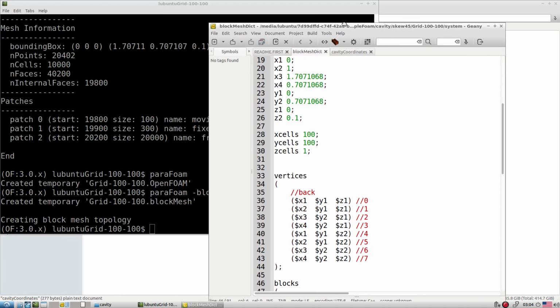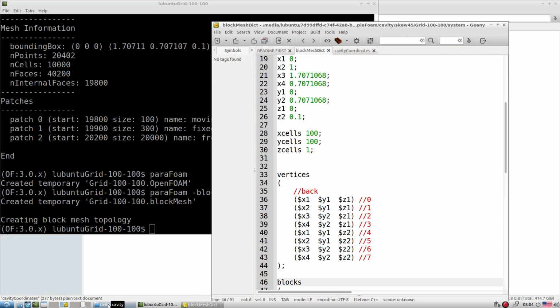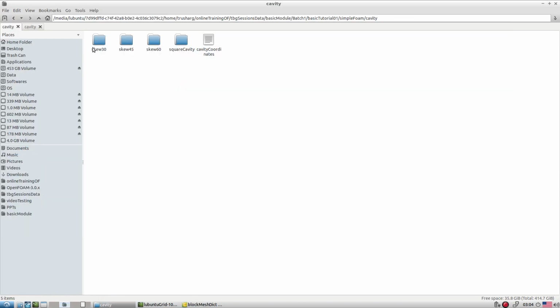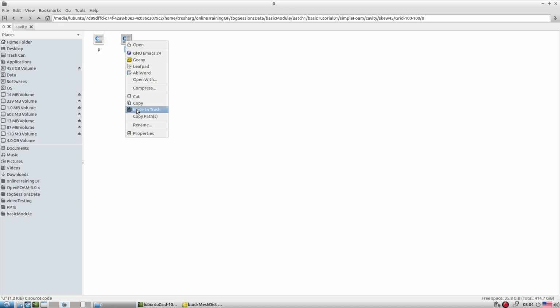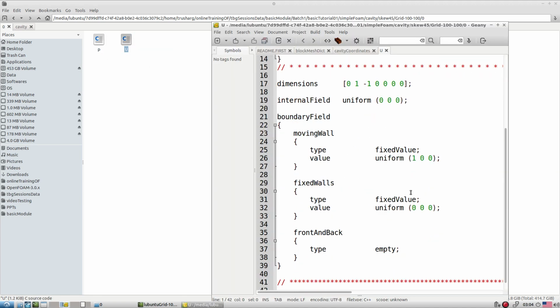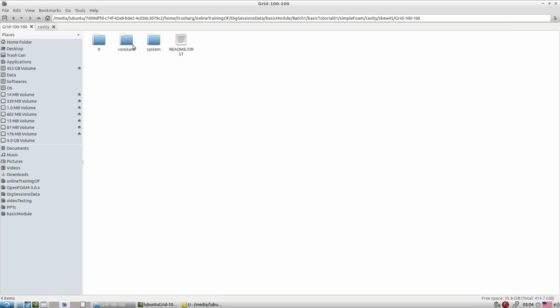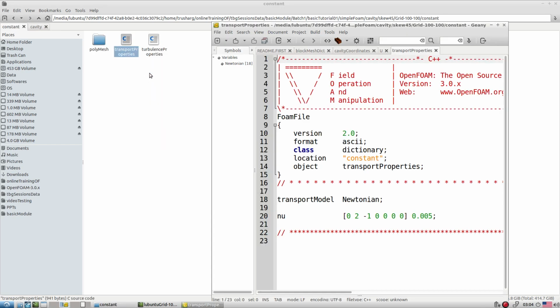So our mesh is ready to go. Now we want to fix our Reynolds number. So when we want to fix our Reynolds number, what is required? We have to first fix the velocity. Okay, so let's go and check what the velocity is. We fixed for a moving wall the velocity as 1 meter per second. And along with that we have to fix its property. For our case, the property is right now 0.005. So let's calculate. The characteristic length for us is 1 meter, that is the lid, the top wall moving, its size is 1 meter.